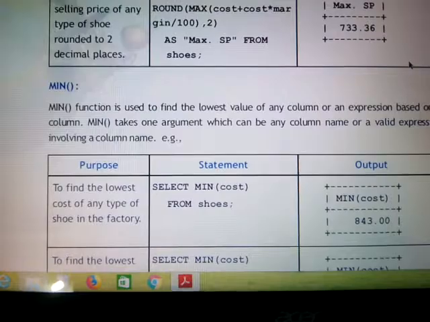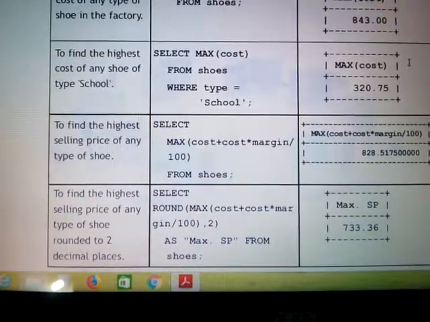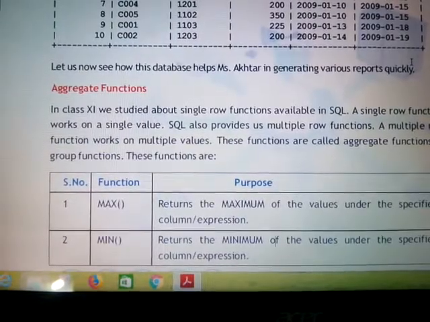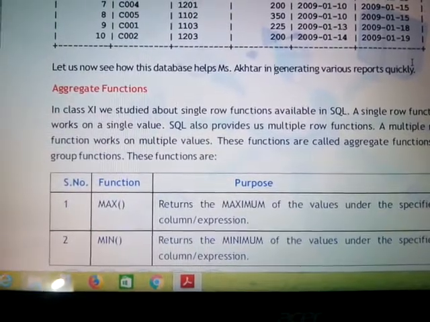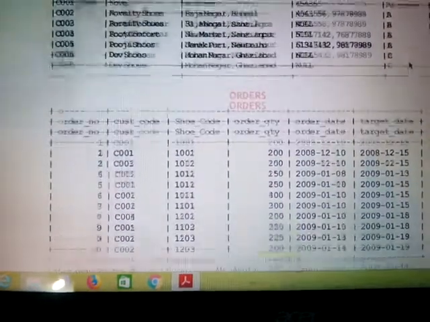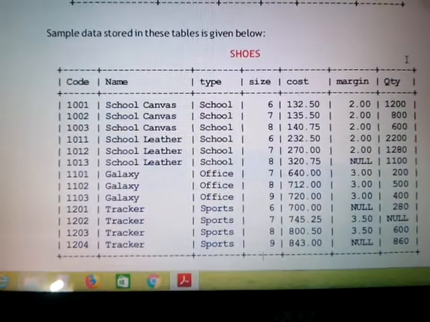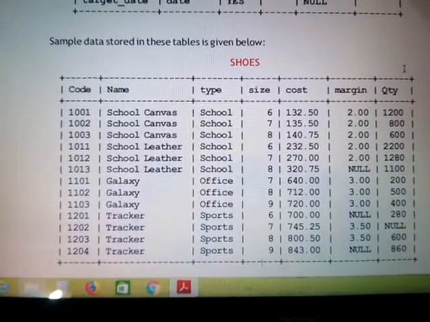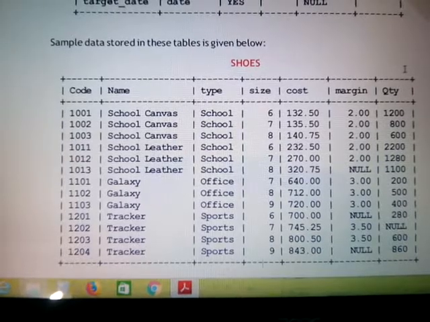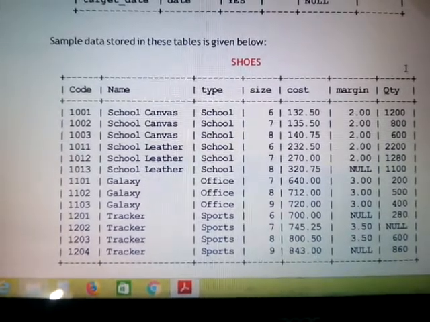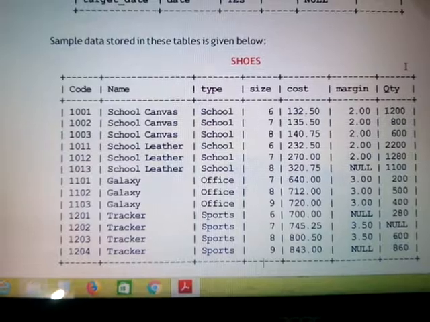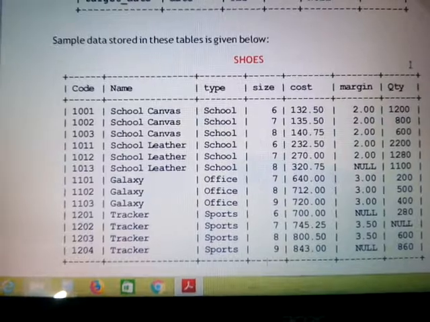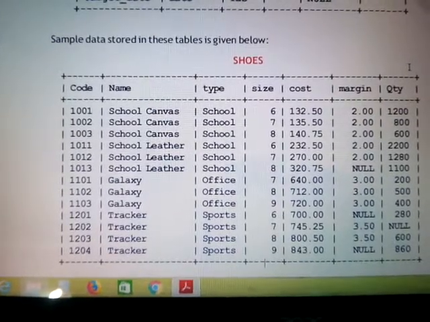Please do remember these aggregate functions very carefully, because this is very important. And if aggregate functions are clear, then single row functions and aggregate functions you can easily differentiate. Okay, because we cannot remember every single row function. So what we can do is we can simply distinguish these five aggregate functions, and if you know these five well, we can easily differentiate that yes, if these five are the aggregate functions, we are left with this many functions, so these will be of type single row, right?